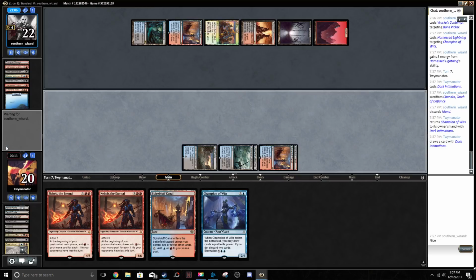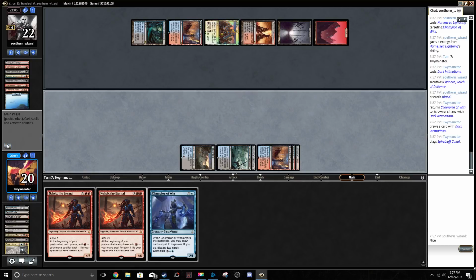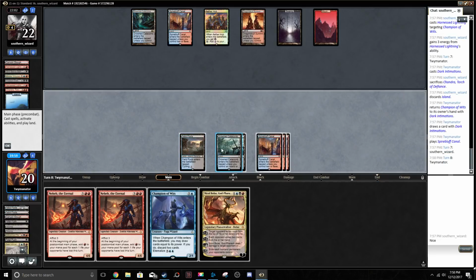He discards an Island. We play Spire Bluff. That was so much value. So for 5 mana right there, we made him sack his Chandra. We made him discard one of his 2 cards. We drew a card and we got champion back. Like, that's just so good. And now we're ahead. 1, 2, 3, 4, 5, 6. We can't quite play...